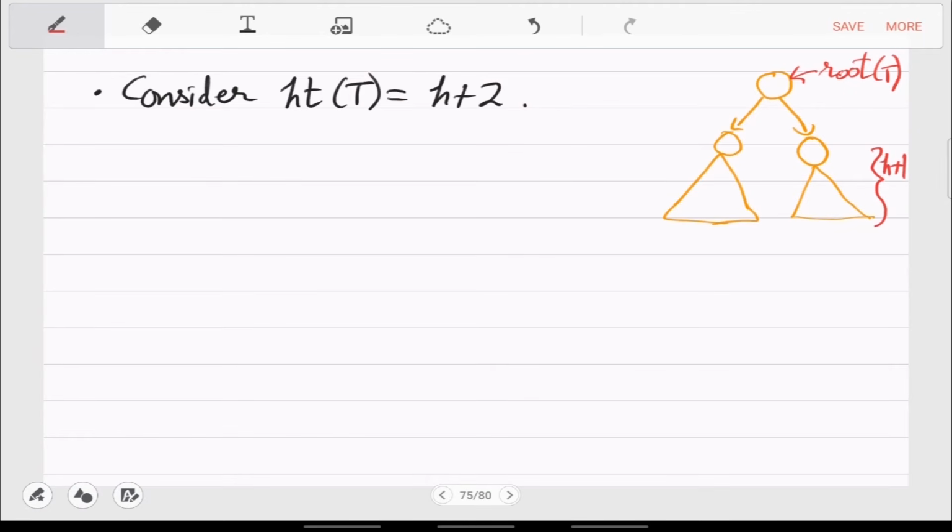Now what can you say about this height? This can be h plus 1. Can it be h plus 2? It cannot be more than h plus 1. It can be h plus 1 or it can be less. Can it be h minus 1? The difference will be more, right? So that is what balancing tells you, that this is h or h plus 1.